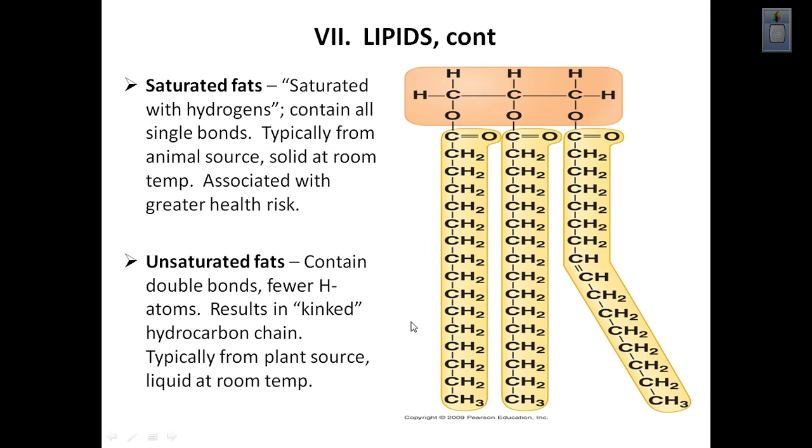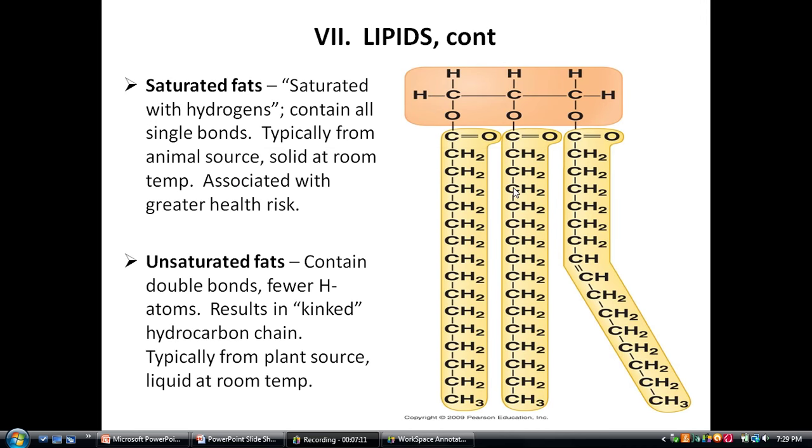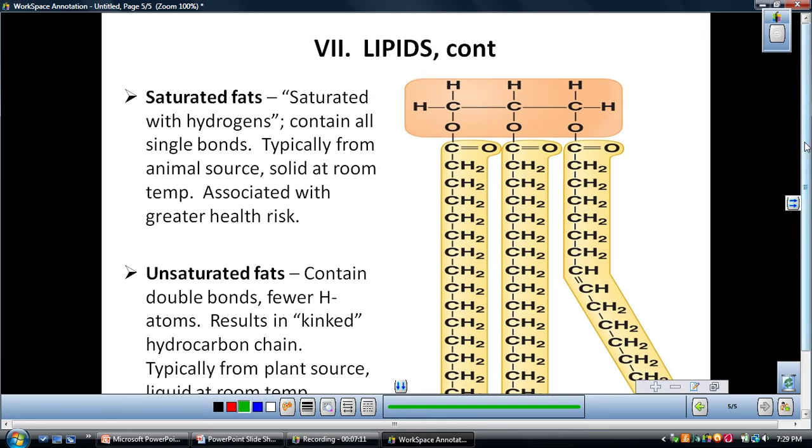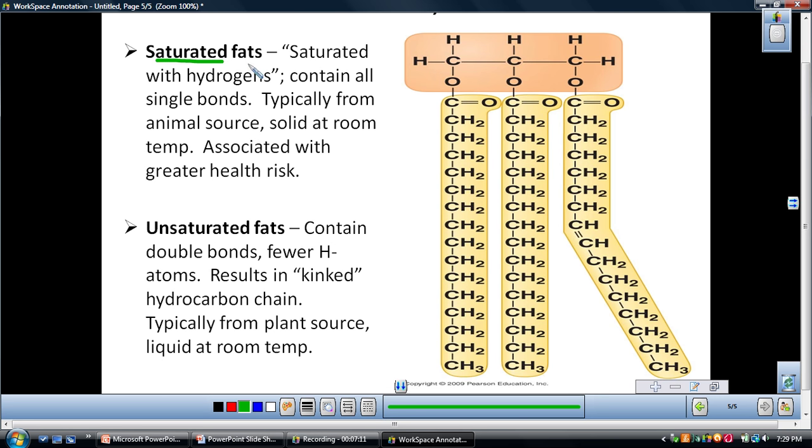Now what does that mean? If you look typically at where they come from, if it's a saturated fat, okay, right here, saturated fat, completely saturated with hydrogens, these are from animal source. This would be like bacon grease, okay, bacon grease. It would be like if you have a steak and you see the fat on the outside of the steak, it's all animal fat, okay, lard is an example. So when they are at room temperature, they become solids. I don't know if you've ever seen bacon grease when it cools down after you've cooked bacon, but it literally